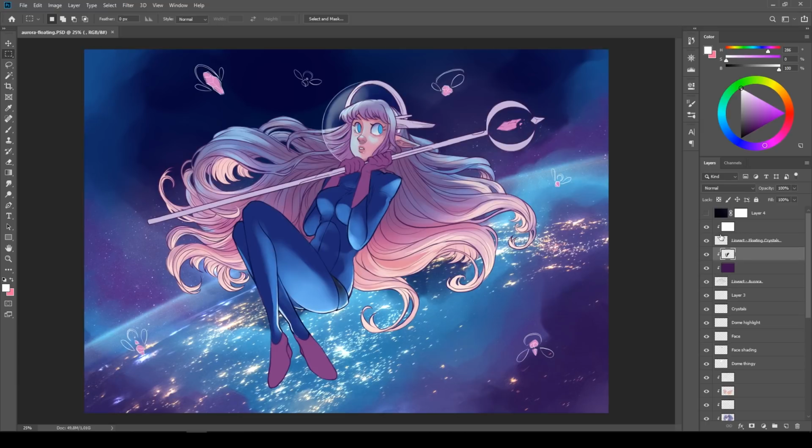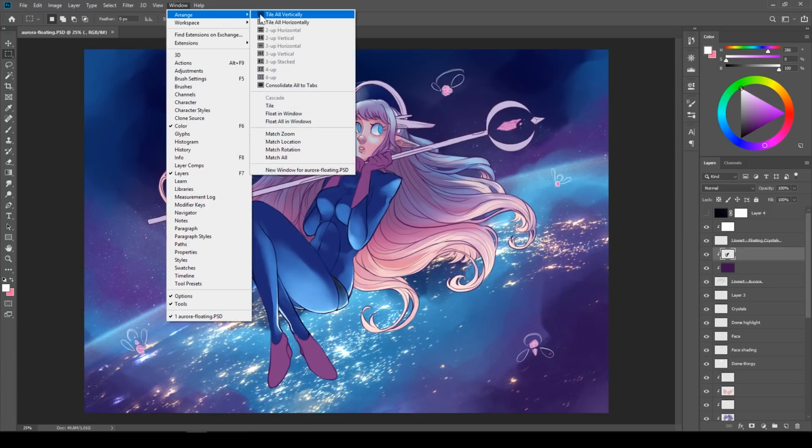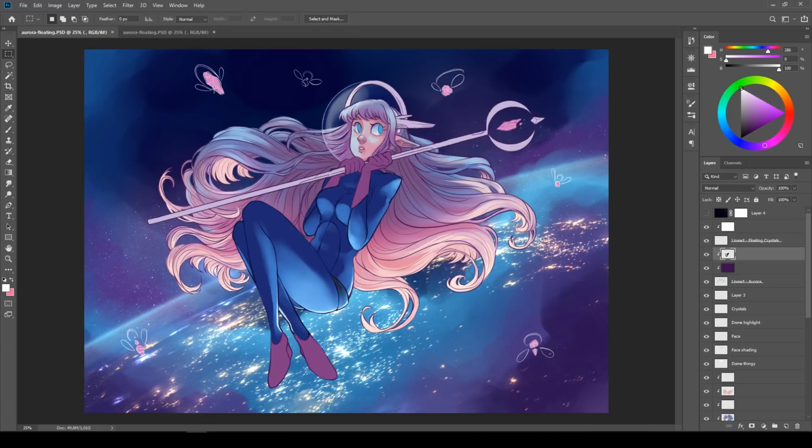I know I showed this little part in another video at some point, but in order to set up a new instance of the same drawing, meaning it's the same PSD file, go to Window, Arrange, and go to the bottom and pick New Window for whatever your file is called. At first it looks like nothing has happened, but another tab actually popped up right here. If you click between them, nothing will really happen because it's actually just the same file opened in two window